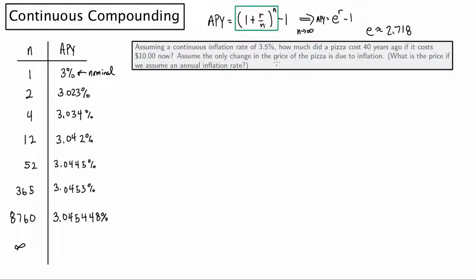r is the same r as was here. So this r is the same as this. They just have different interpretations. This would be the continuous compounding rate, whereas this would be the n compounding rate for whatever n is. It would be monthly or yearly or whatever. But the point is, if I wanted to calculate the APY, I would use e^r - 1, where r is 3% or 0.03. And if I calculate that value, it gives me